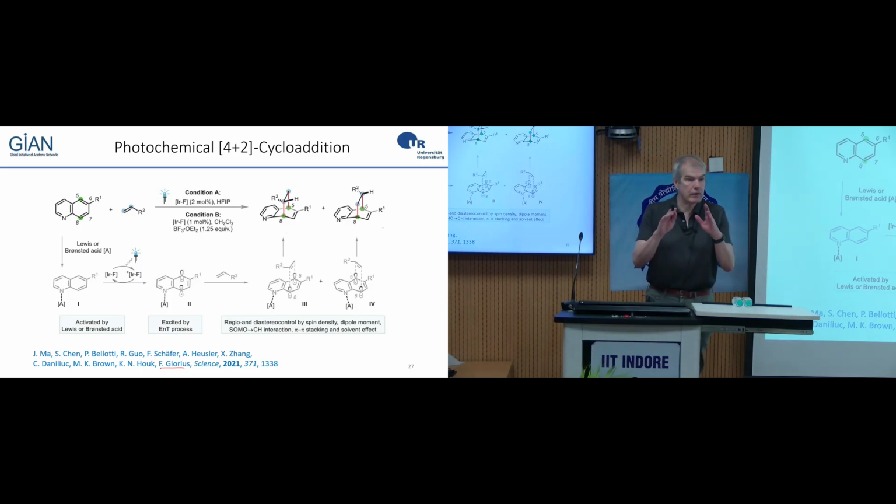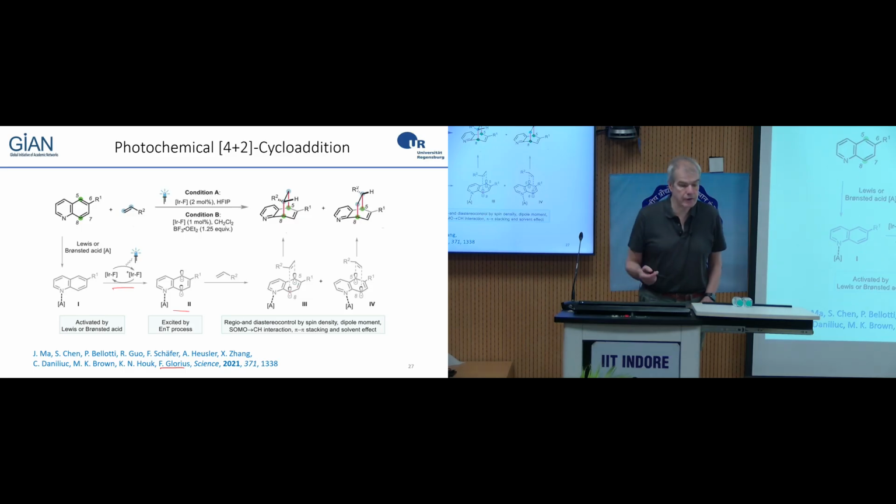Isoquinolines are not quite as aromatic as benzene would be, or as naphthalene would be. And he could show that under the energy transfer conditions with the right iridium photocatalyst, you go through such a diradical, and then this diradical can actually do, again, a formal 4+2 cycloaddition,